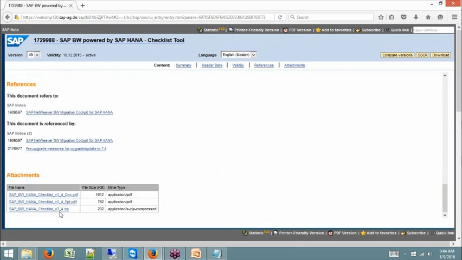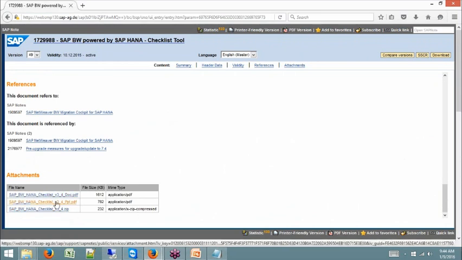You see some PDFs, and if you want to see more detail on how to run this program,